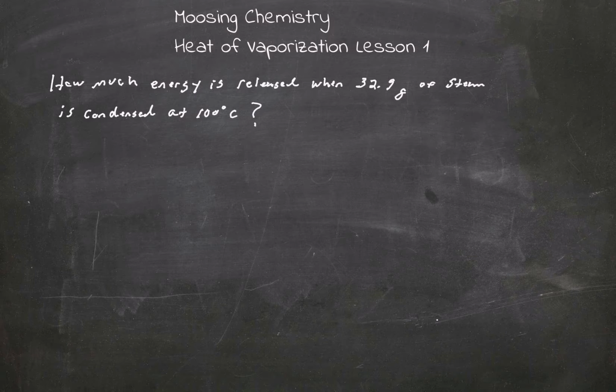All right, so we're going to use our same formula, Q equals mHV. Okay? In this case, we're going to go Q equals 32.9 grams times 2260 joules over grams. That's the HV value for boiling of water and the condensation of water, steam. Okay, so when we multiply these two together, let's check this on our calculator here. We get